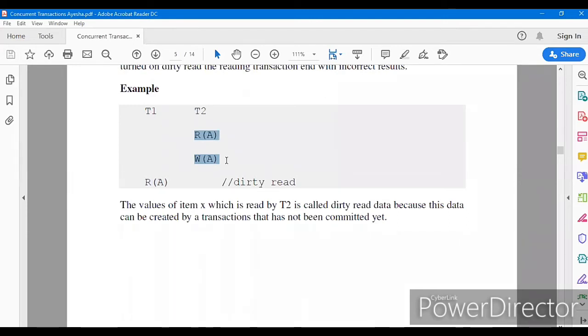If there is a system crash in between, this is the basics of the transaction chapter, which we did earlier. The atomicity of the ACID properties of a transaction says it should be either null or full. But since there was no commit operation here, it will be null. So it will be a rollback. So what will T1 read? Because it was not committed, but T1 assumed that T2 had written the value.